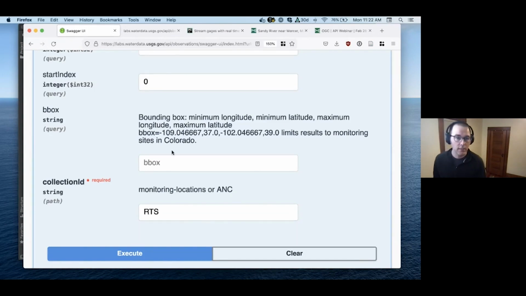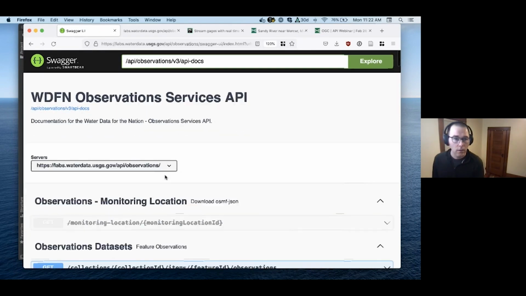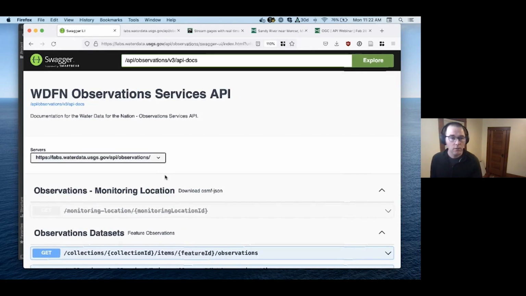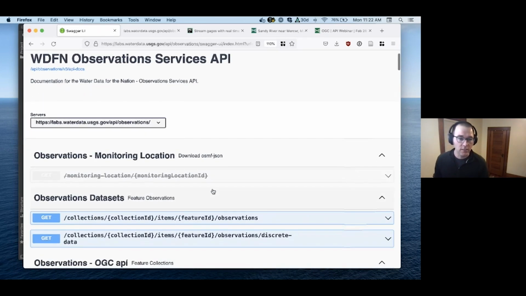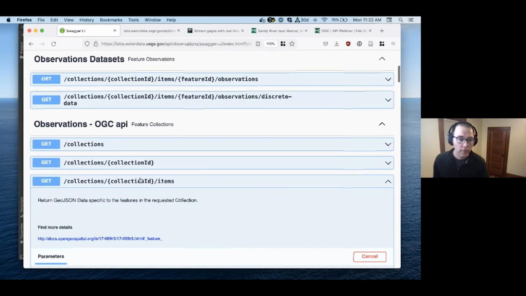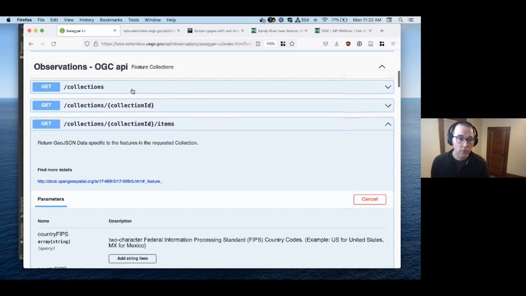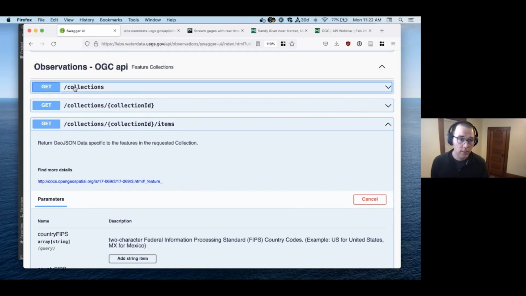So the first place I wanted to note is the Observation Services Swagger docs. And so this actually has a few different pieces of this. It's on labs.waterdata. And fundamentally, we've got a couple different pieces, different experiments that are going on in these services. But the one we're going to focus on today is the observations OGC API features. And so you can see again here, we've got our